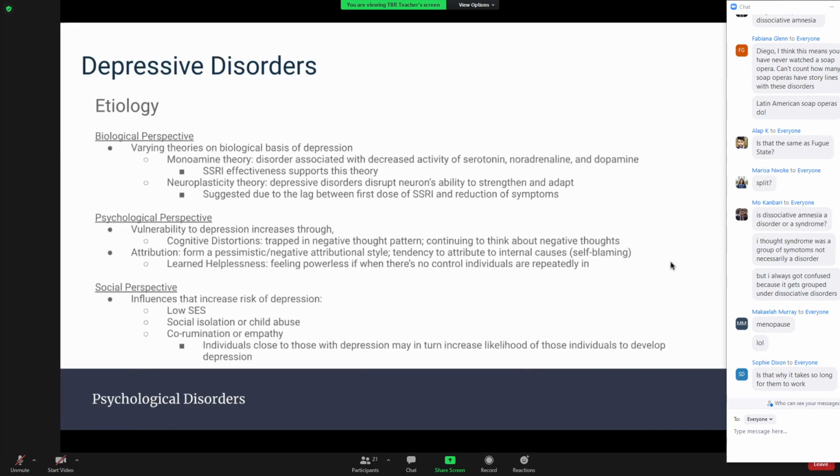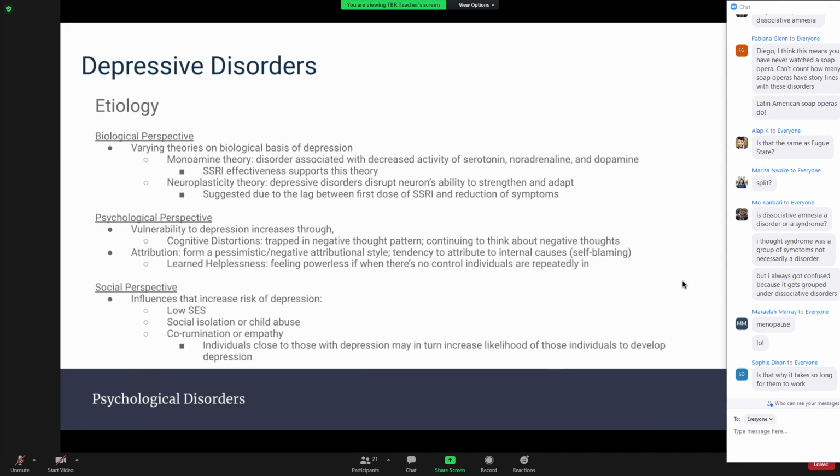There's also the psychological perspective in terms of the causes, and that it says that the vulnerability to this increases through cognitive distortions, meaning that you get into negative thought patterns. So think here about the sort of conditioning and learning stuff about thought patterns. And that then kind of keeps on the cycle of making you think about these thoughts. And then there's also